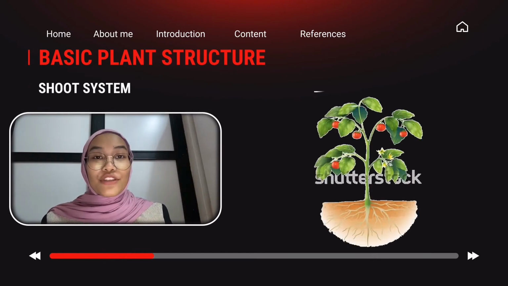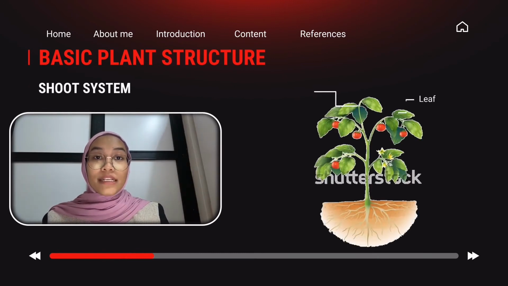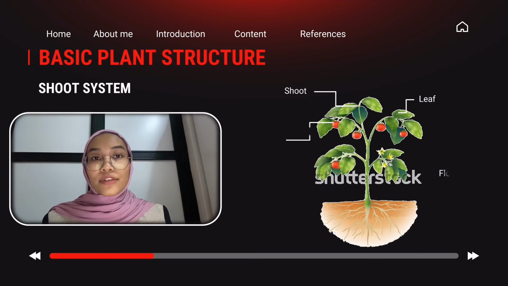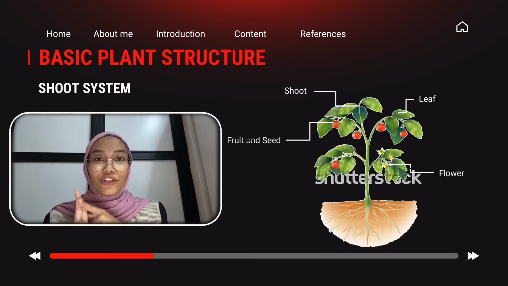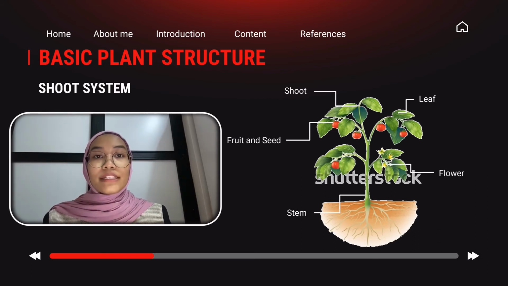When we look into the morphology of flowering plants, a plant has two systems, which are the root system and the shoot system. The underground part is called the root, while the one above is named the shoot. What is the shoot system? A shoot system is the part of a plant far above the soil. It consists of the main stem, leaf, bud, branches, flowers, fruits, and within the fruit are seeds. The main axis of a shoot system is the stem.